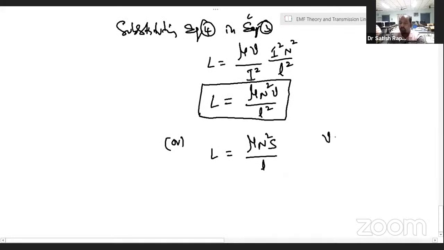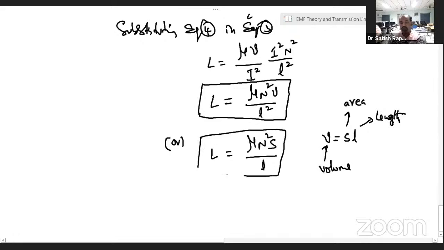Because volume, so what is volume? Area into length, right? S is area and l is length and V is volume, right? So therefore volume is equal to area into length, that we know. So V is equal to S l, and one l will get cancelled and we will get this one, right? So L is equal to mu N square S by l is the expression for inductance of a solenoid,